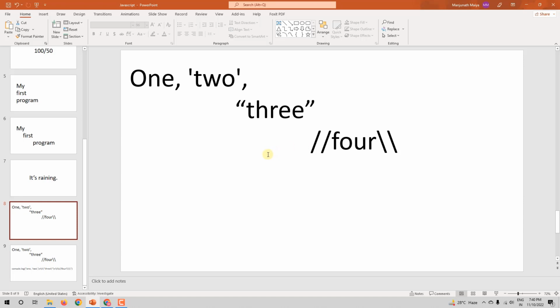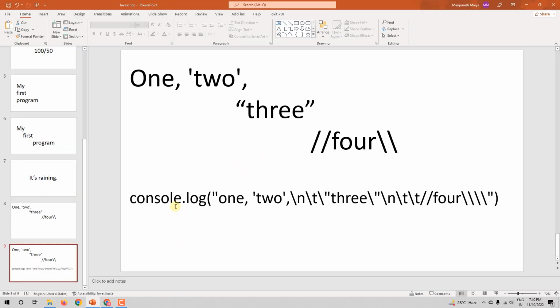I want you to pause the video and try it out, because in a few seconds I'll be showing you the answer to this task. So this is the code that you can use to get this as output. Console.log and then this. If you have a different answer than this, then it is absolutely wonderful,